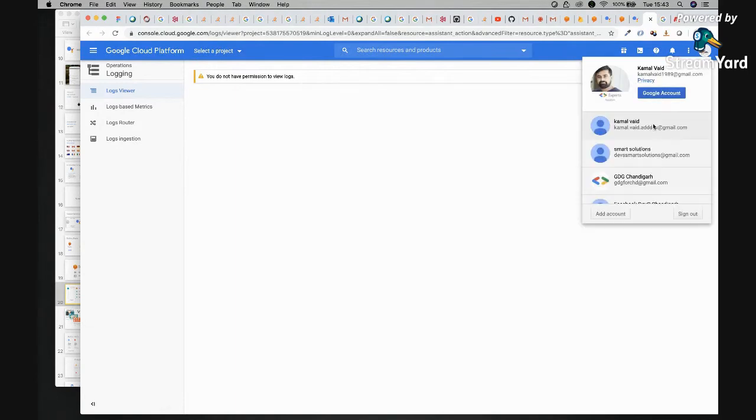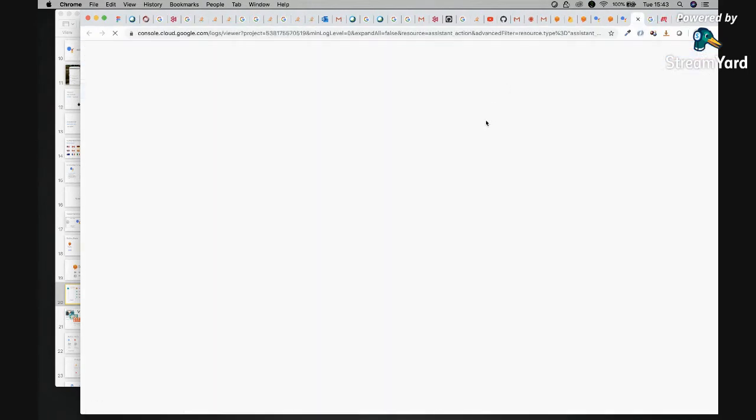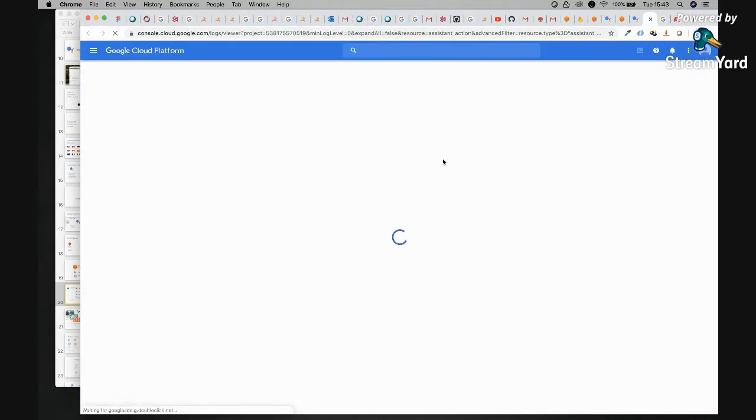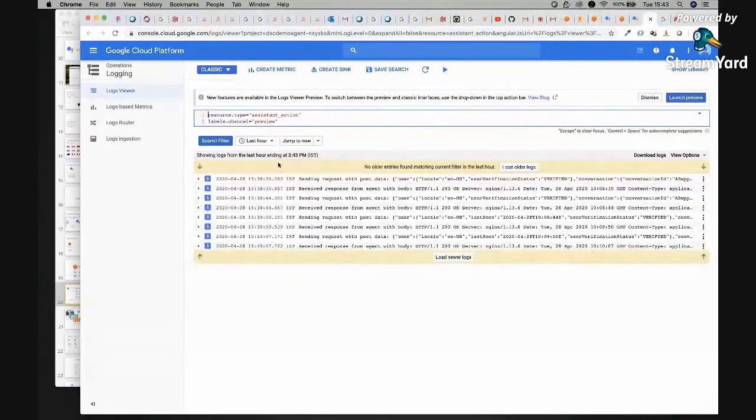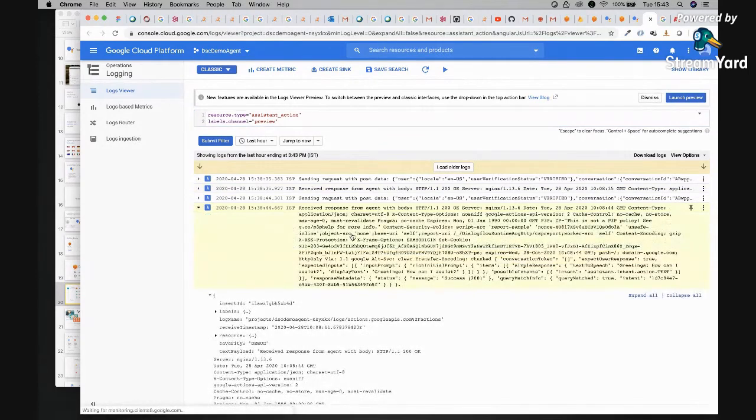Again, I need to switch my accounts just to trace the logs. So this is a very good platform, right? Google Console, where you can always track what was being queried, what was the answer. So these are the logs from where you can track. See, each and everything, what type of conversation we had with our agent, it is being generated in the form of a request, right? If I click on this one, you can see,